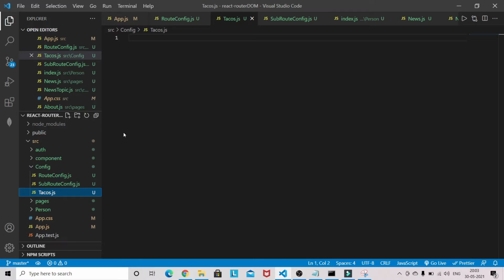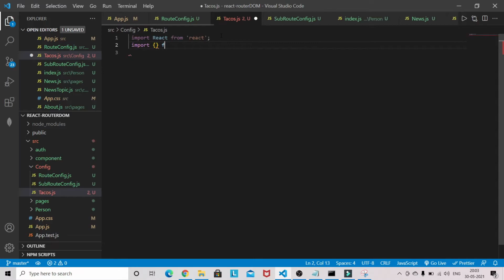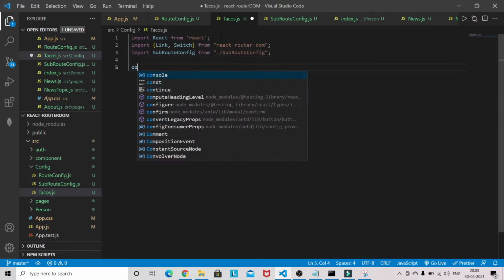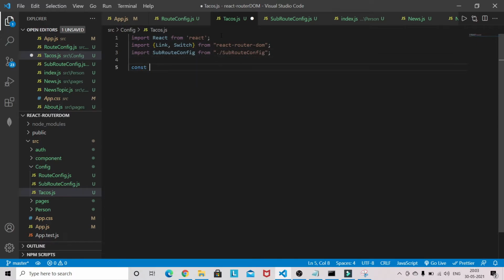In tacos also we have to import React, and from React Router DOM we need link and switch, and we need that sub route configuration from sub route config.